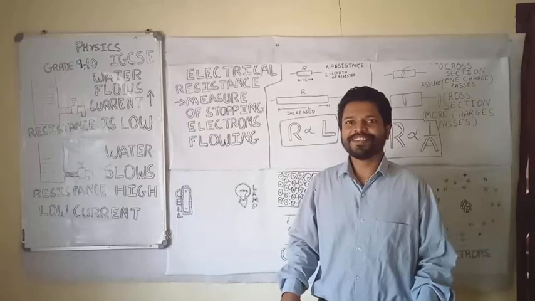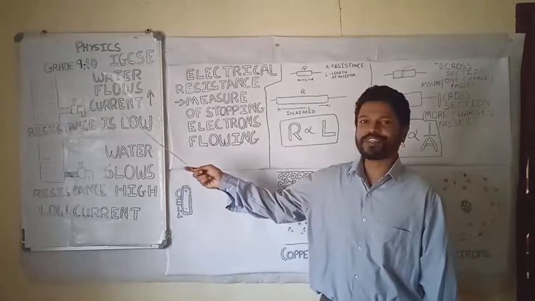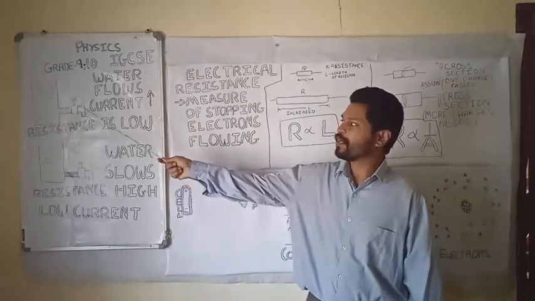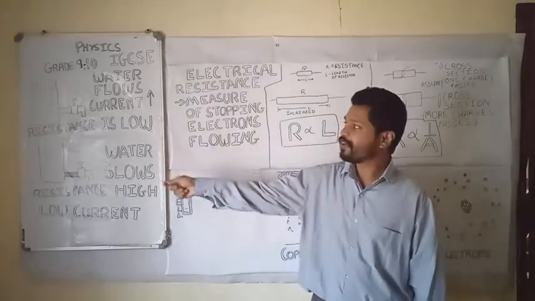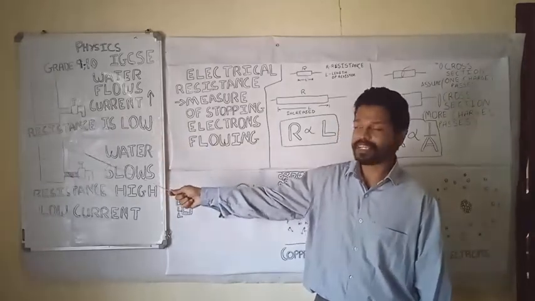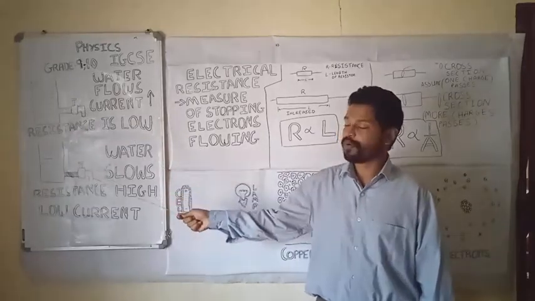Electrical resistance can be easily considered with an example. What is electrical resistance? We have drawn a diagram over here. If you can see over here, there is a small beaker. Here and here there are similar beakers, and the level of water you can see is one and the same. There is a small tap connected, right? Here also there is a small tap connected.